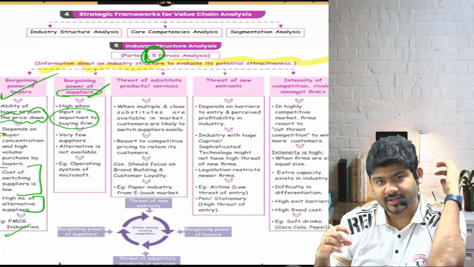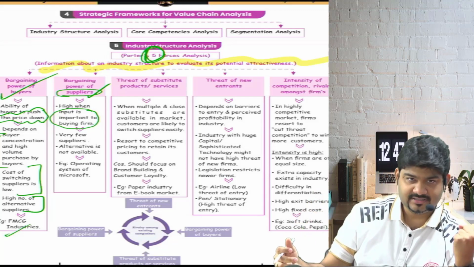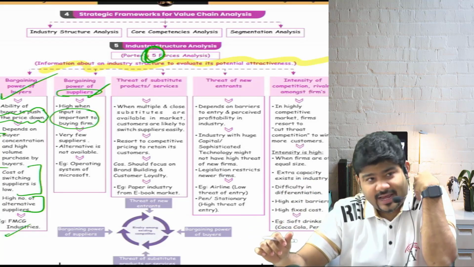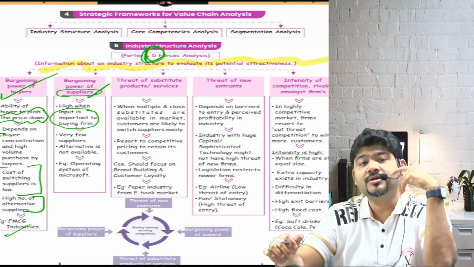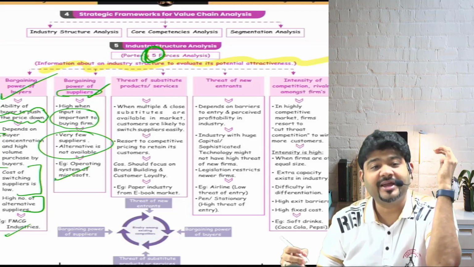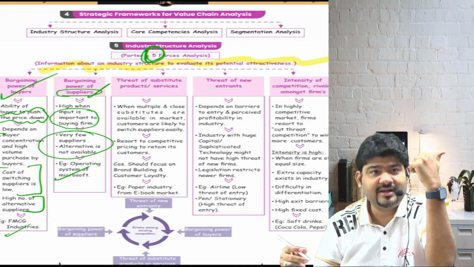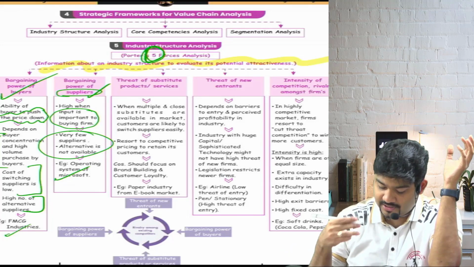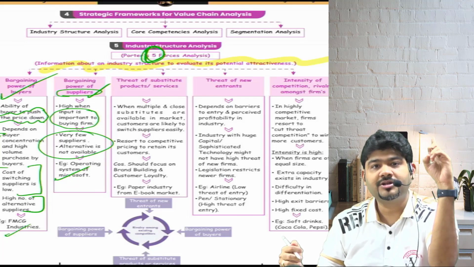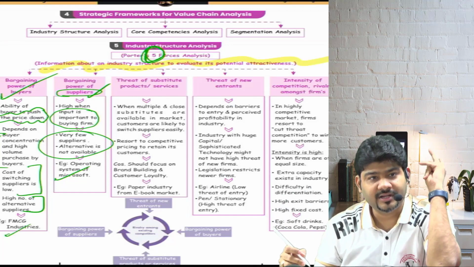If I am starting a new business, when will I be happy? When the bargaining power of the buyer is high, or when the bargaining power of the supplier is high? Power of the supplier is high, as in, I am the supplier and I am now going to rule the market. Very few suppliers, alternative is not available. Like the operating system of Microsoft. Is there an alternative for Microsoft? Like Microsoft Word, PowerPoint, do we have any alternative? Answer is no. So that tells that there are very few suppliers and alternative is not available. So this is bargaining power of suppliers. Are we clear, everyone? Okay.